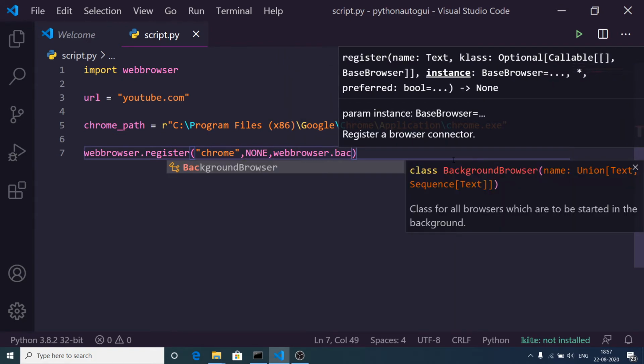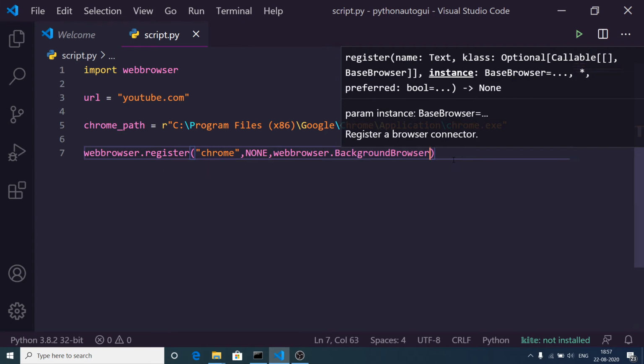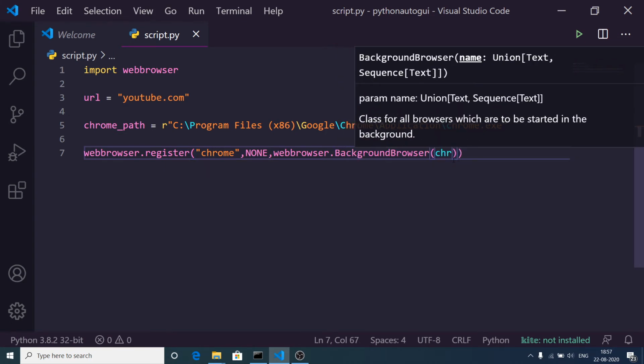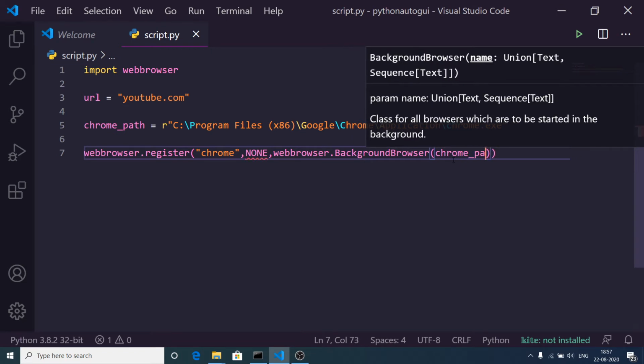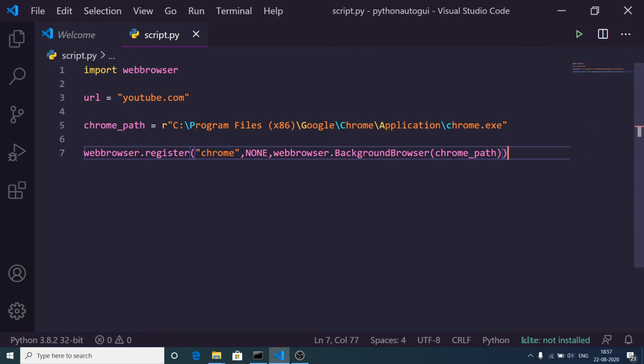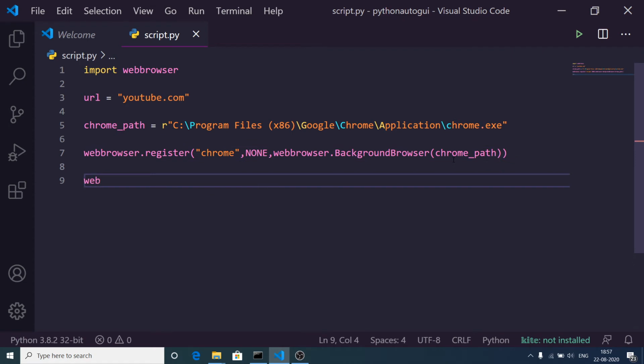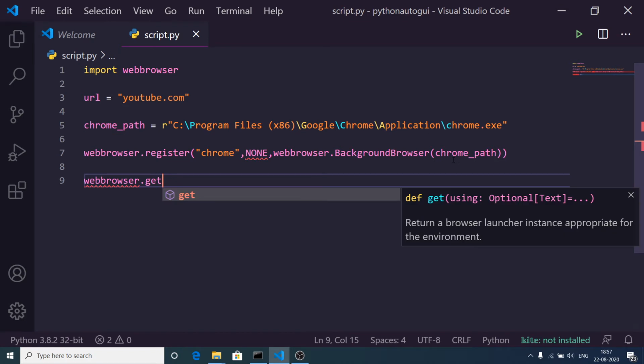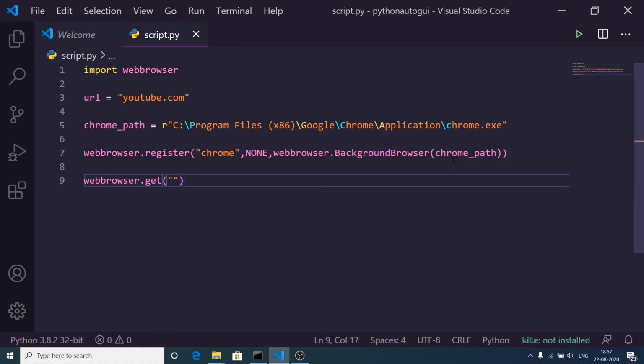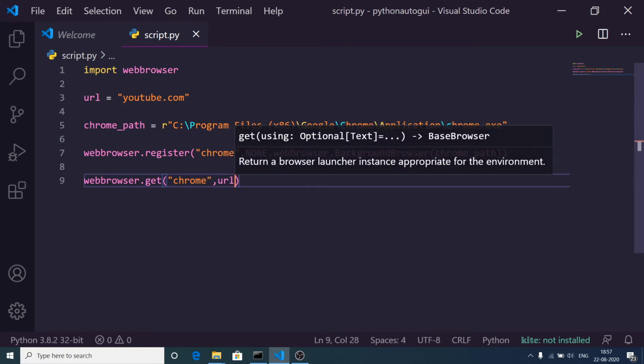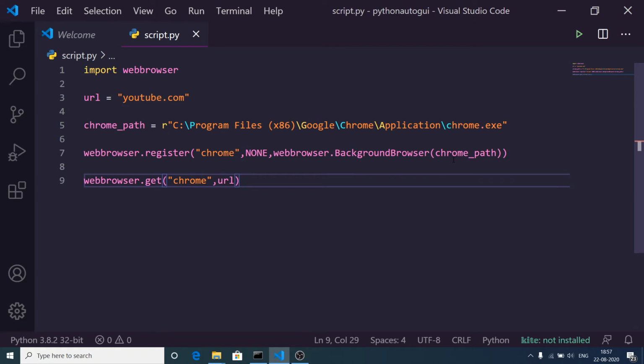There is a method inside this BackgroundBrowser, and here you need to pass the path, which is the Chrome path that we have configured here. Pass this, and now we need to open this URL. So again there is a method webbrowser.get, and inside this we want to get the chrome browser. After this we need to pass the URL, whichever URL you want to open.